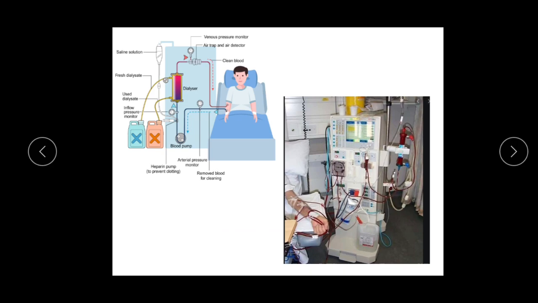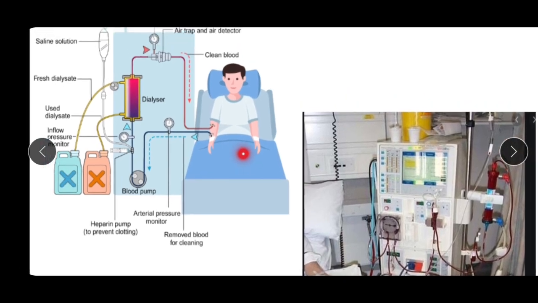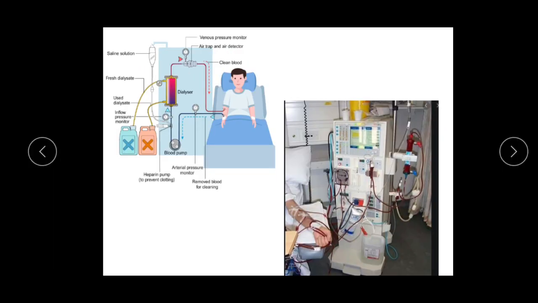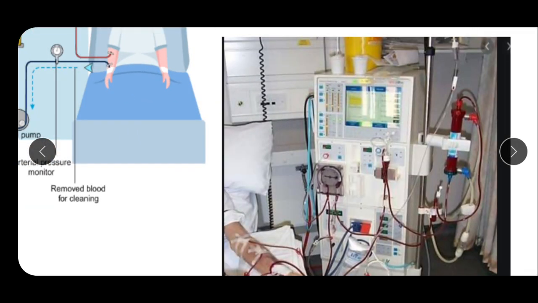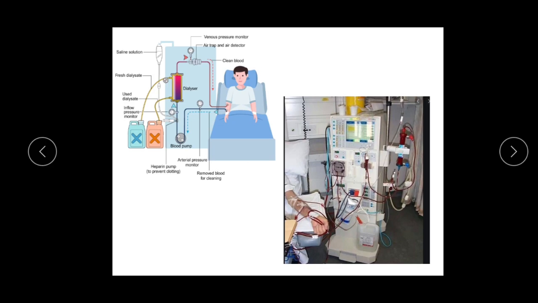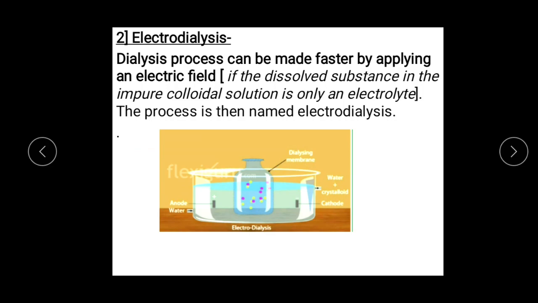Now you all might have heard about dialysis. Now you can see here there's a patient who is undergoing dialysis. Now why is dialysis done? When kidney stops working properly, dialysis is used to remove the waste products and excess fluids from the blood, and blood is a colloid, that you have to remember. So here you can see the dialyzer used in a hospital, and this is a real dialyzing machine which is used in hospitals. So the dialyzer purifies the blood.